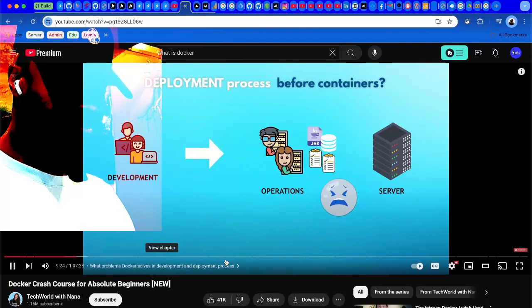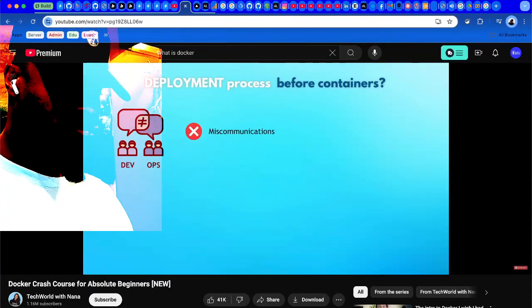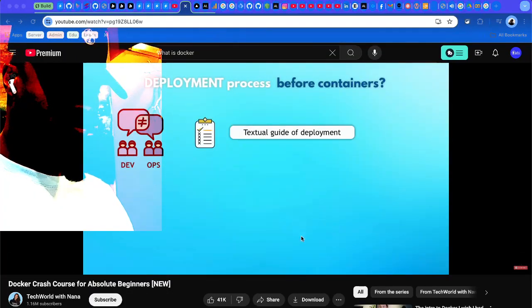Another problem that could arise from this kind of process is when there is a miscommunication between the development team and operations team. Because since everything is in a textual guide, like an instruction list of how to configure and run the